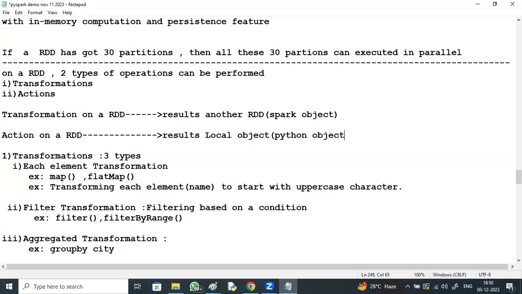Observe this, if you apply any transformation, here the transformation can be filtering, transforming, merging, grouping.